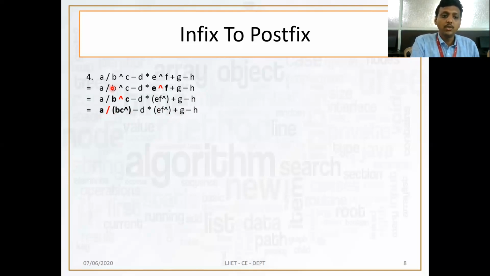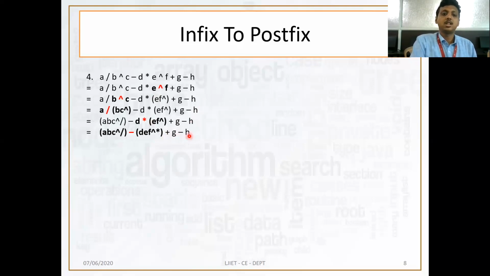Okay, now we have division, minus, star, plus, minus. So we have two operators, division and star, both with the same precedence. So first we need to execute left to right. We need to take division. We're executing division like A, B C caret, division at the back side. Now minus will be executed, star will be executed. So D, E F caret, and star at the back side.